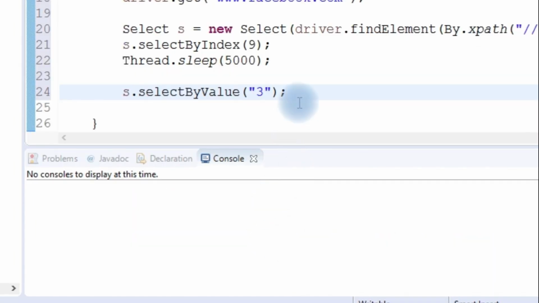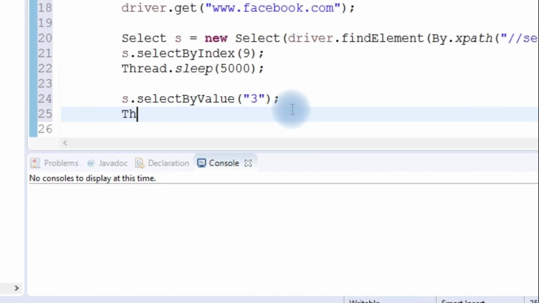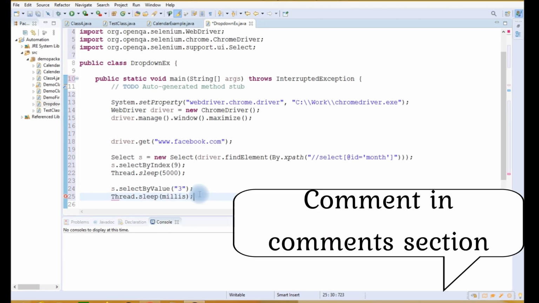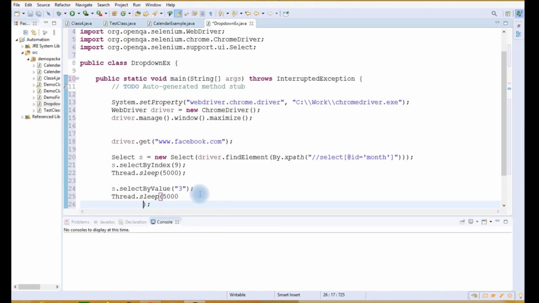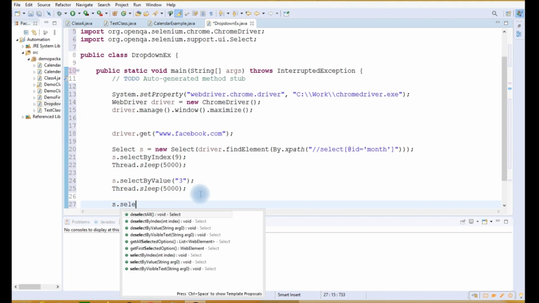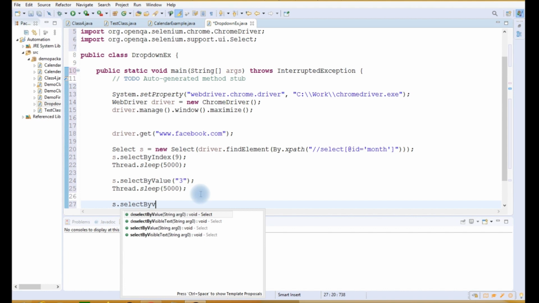Now the last method is select by visible text. Before that I will write 5 seconds of sleep. Now I will use select by visible text.